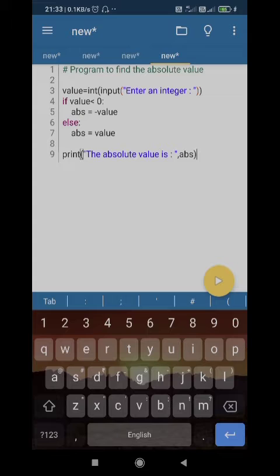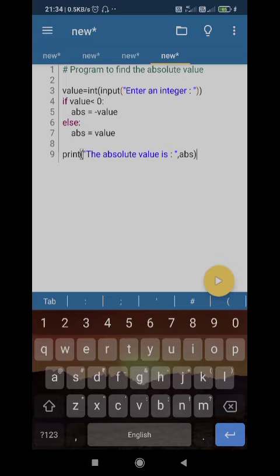So for which we need one number. So let the user enter that number. That is why we are giving, you can check the statement 3. Step number 3, value is equal to int of input, enter an integer. So this integer can be a negative or positive number, and we are converting this into an integer. That's why int of input is coming.